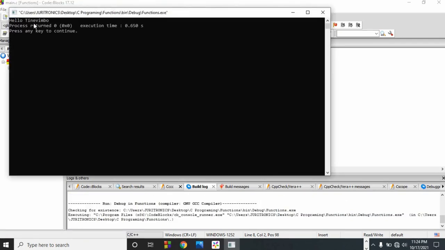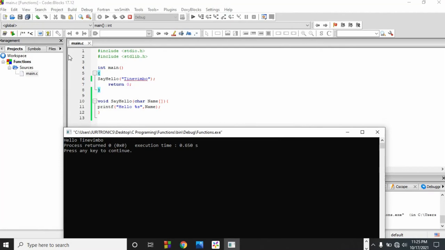So it's now writing hello Nevimbo. Here the manager is giving this function. We should stop calling this the manager, but I'm using the manager because I want you to understand, right? This main function is the one that executes functions and everything. It's giving the say hello function this parameter, which is the Nevimbo, and this main function will take